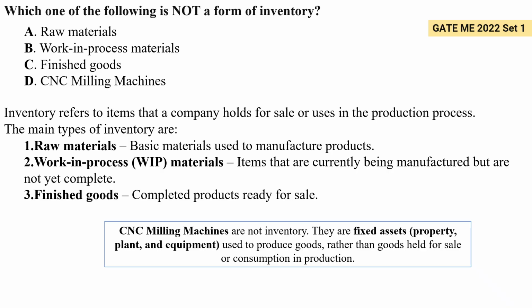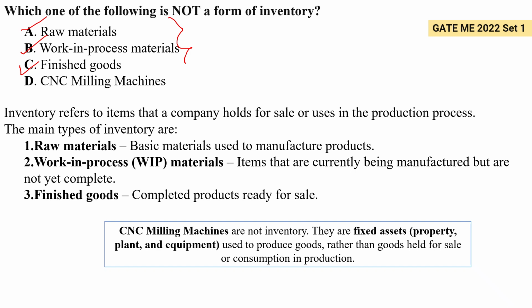So we know that inventory refers to items that a company holds for sales or uses in the production process. So the main types of inventory are the raw materials, work in progress materials, and the finished goods. So among the given options, raw materials, work in progress material, and finished goods are the inventory types, and